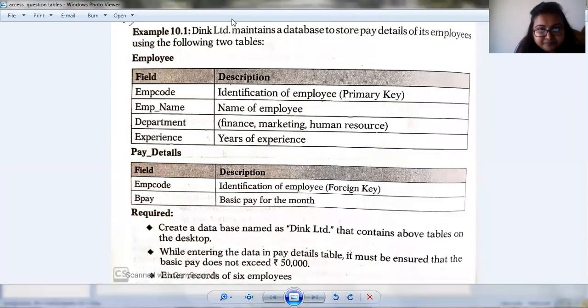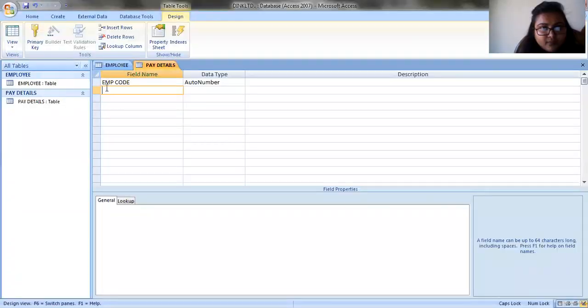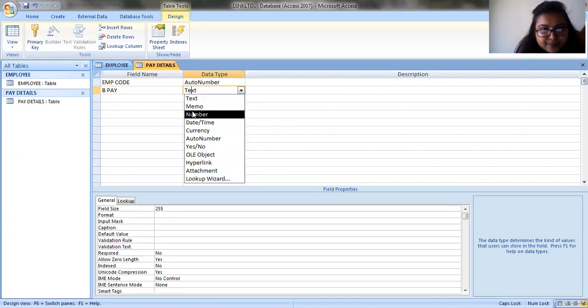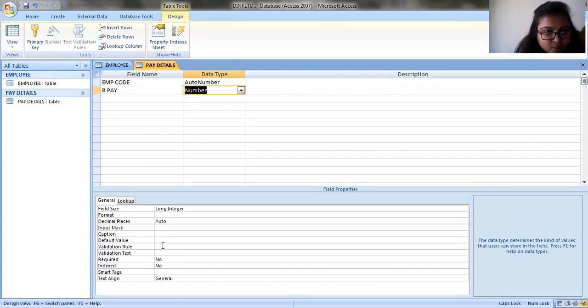So under basic pay, I want numbers. And under validation rule, I want less than or equal to 50,000.